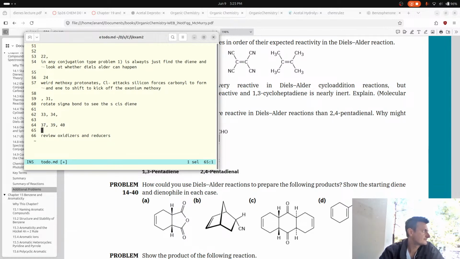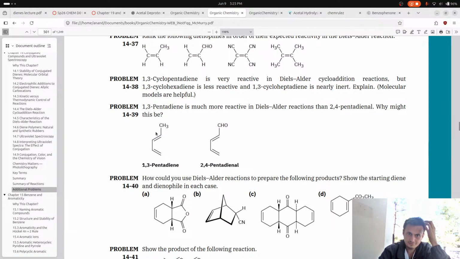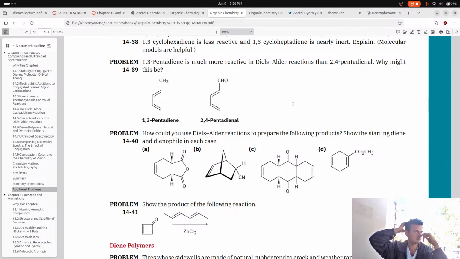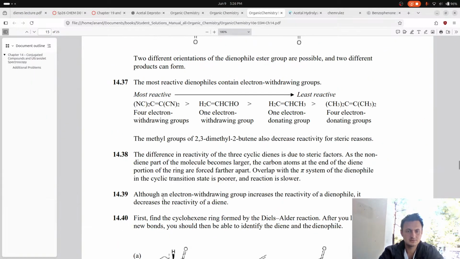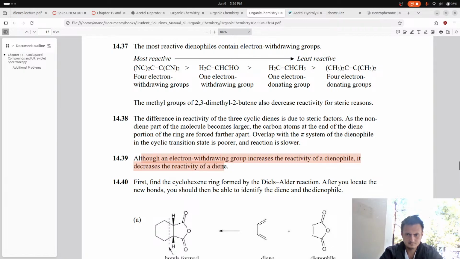Okay. 1,3-pentadiene is much more reactive in Diels-Alder than 2,4-pentadienyl. Why might this be? Okay, so